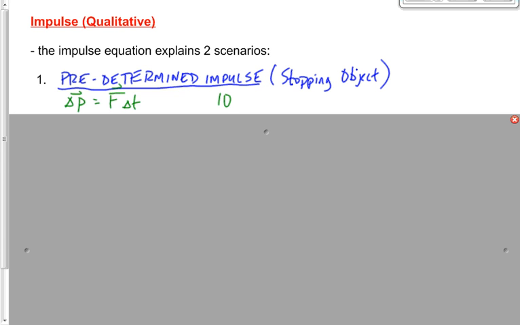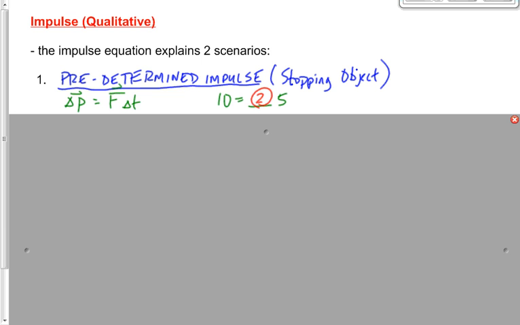It doesn't matter what the units are. The impulse is 10. The stopping time is 5 seconds. It takes 5 seconds to stop this whatever. What's the force going to be? It's going to be 2, right? 2 times 5